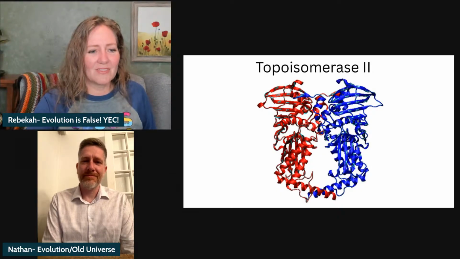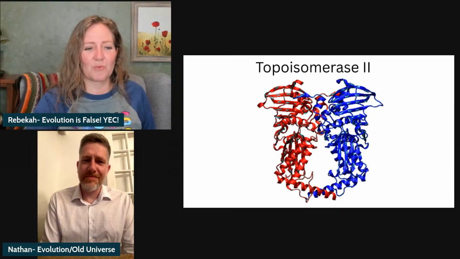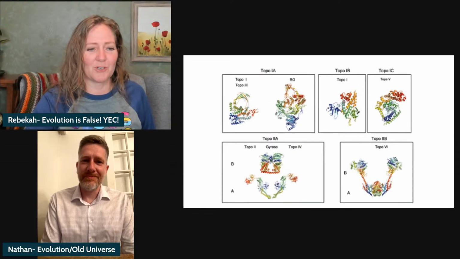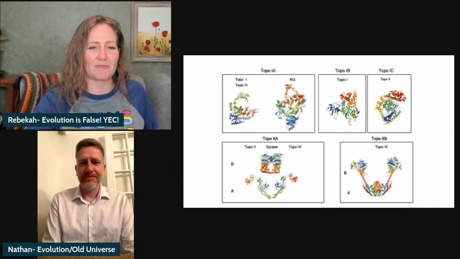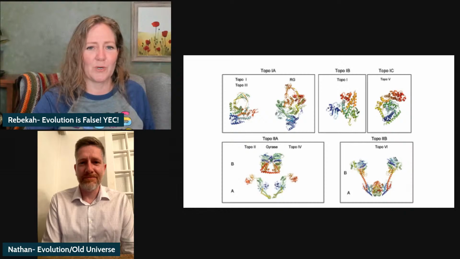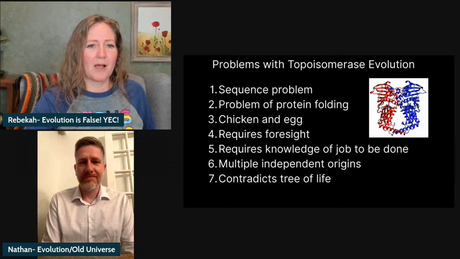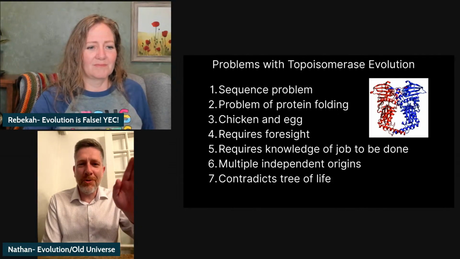So these are the challenges related to topoisomerase that I see. And by the way, these are several different versions of topoisomerase. So problems with topoisomerase evolution. Number one is a sequence problem. Well, before you get into the problems of the evolution,